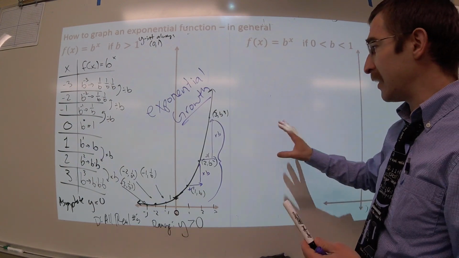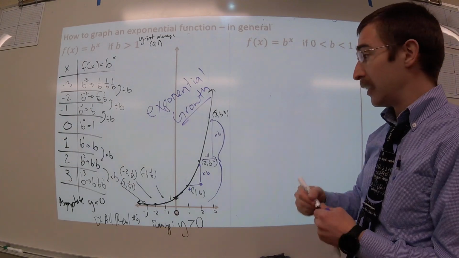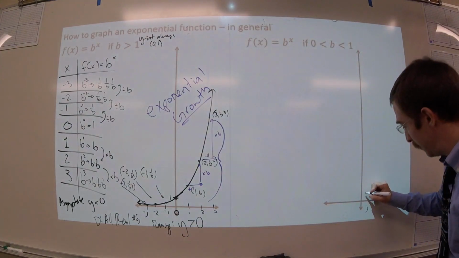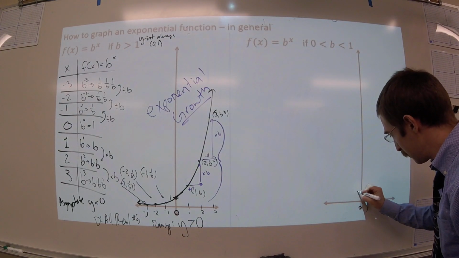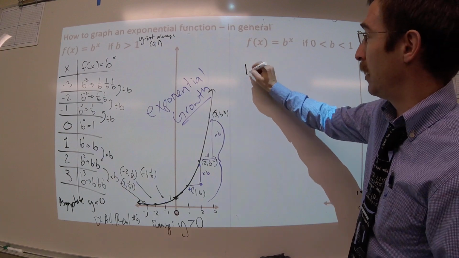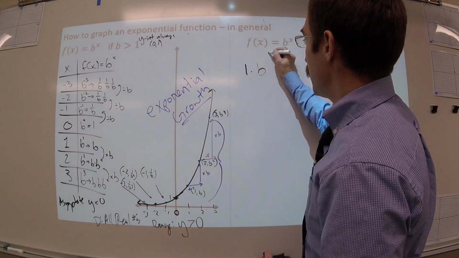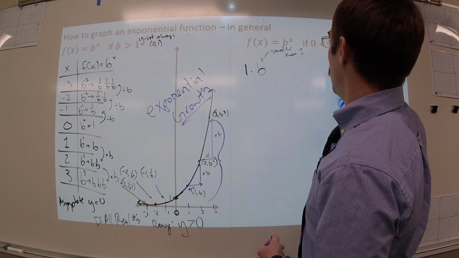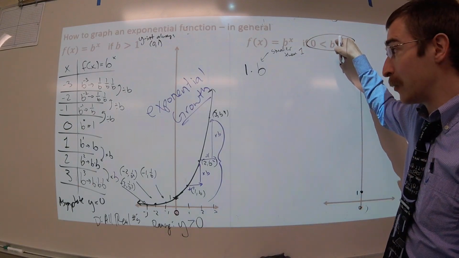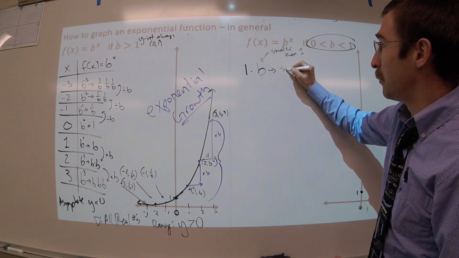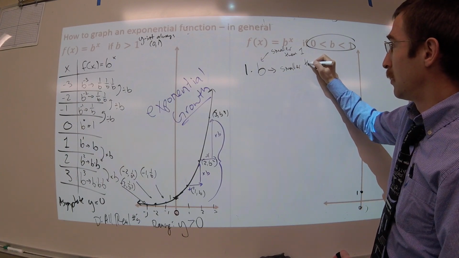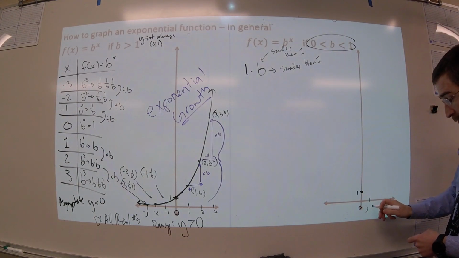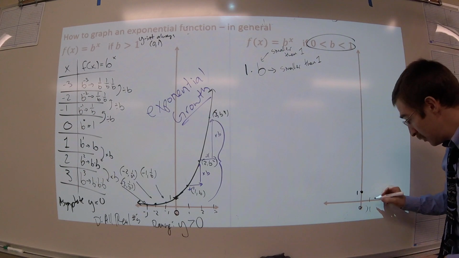So the idea here, and I'm not going to do the table, is that I'm going to have 0, 1 again, but now 1 times b, where b is smaller than 1, is going to be smaller than 1. So when I graph this, when x is 1,